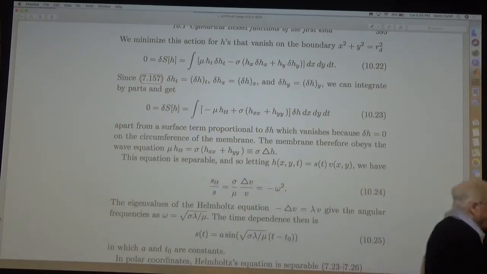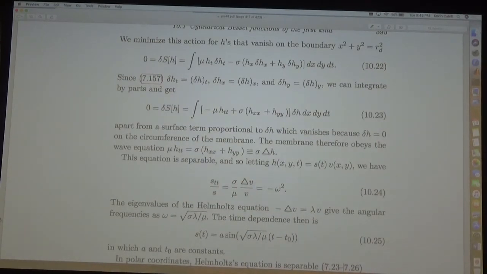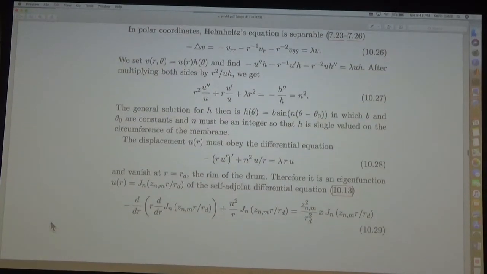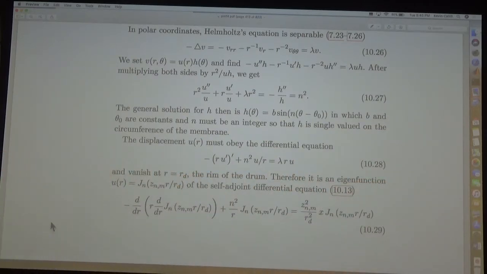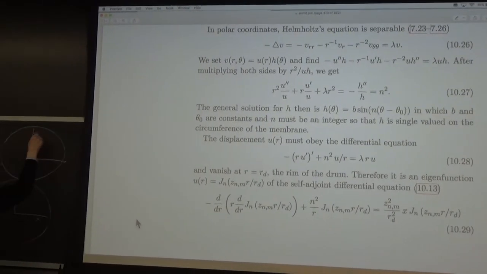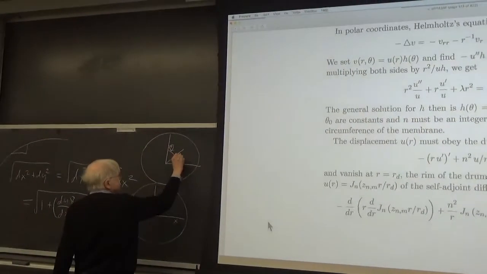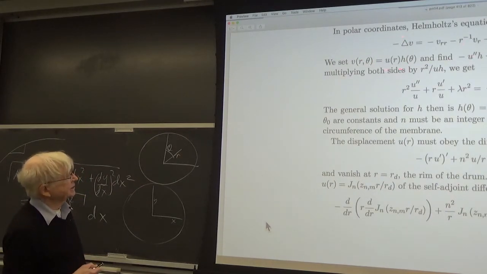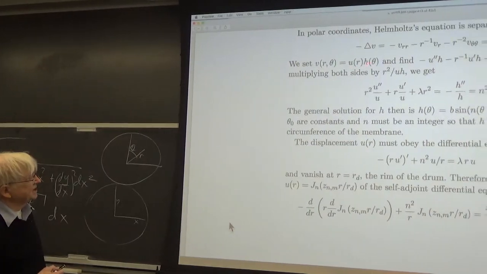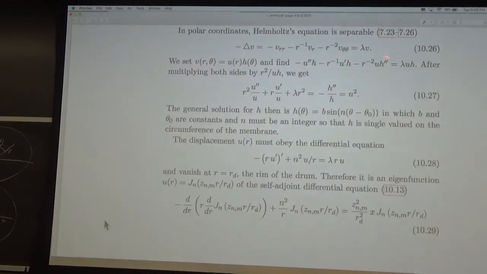Then, of course, as we saw previously in polar coordinates, Helmholtz's equation is separable, and now I'm switching from x, y on the surface of the drum to theta and a distance r, so we're talking about the drum like this. And we just write V as U of r, H of theta, and then this thing separates, and you get